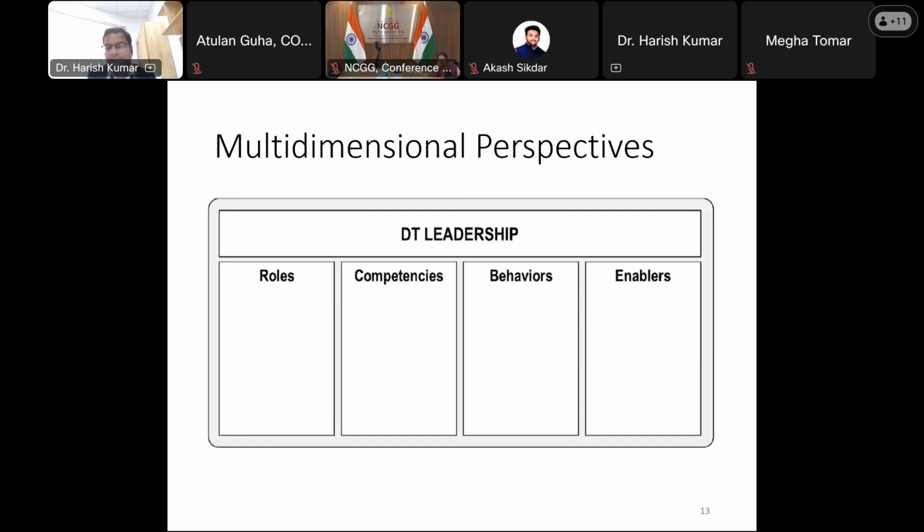Finally, the last one here is the enablers, like top management commitment, like Digital India 2047, or let's say Skill India 2035, something top management commitment that we need to write or highlight. Allocation of the investment. We need to provide the fund to the right team so that it does not become a constraint and does not demotivate the team from working.